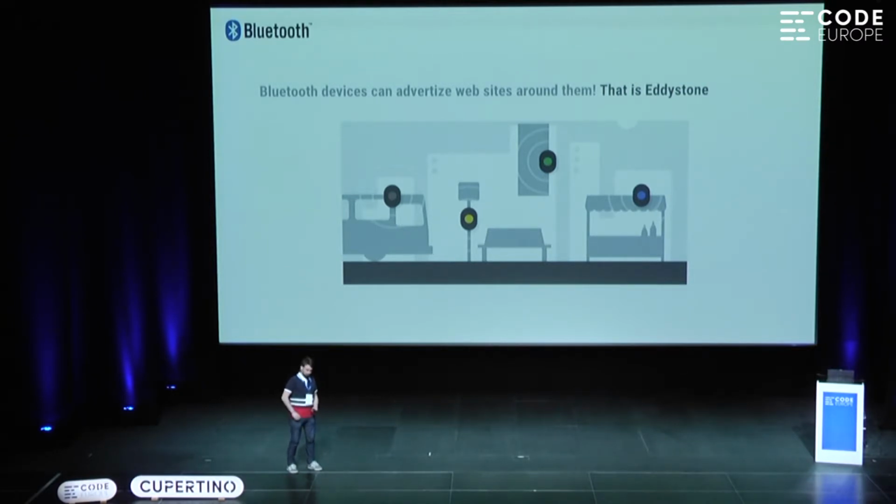You just put up your phone, it's broadcasting, so oh, Star Wars trailer. I click on it, it opens up the web app and shows the trailer. So that is actually possible on Android today with Android Nearby and Eddystone.